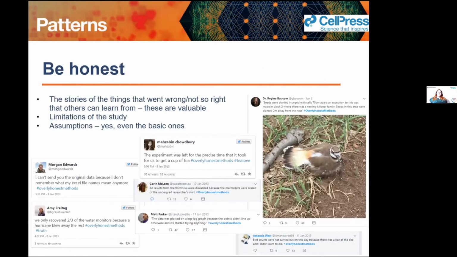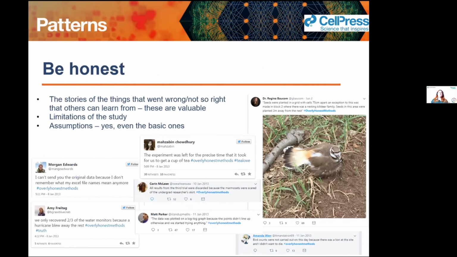I put this slide here, be honest. Way back several years ago now, January 2013, good Lord, there was a Twitter trend for overly honest research methods. And I love that Twitter thread because it was the place where researchers collected all the information that they didn't necessarily put in their research articles, right?